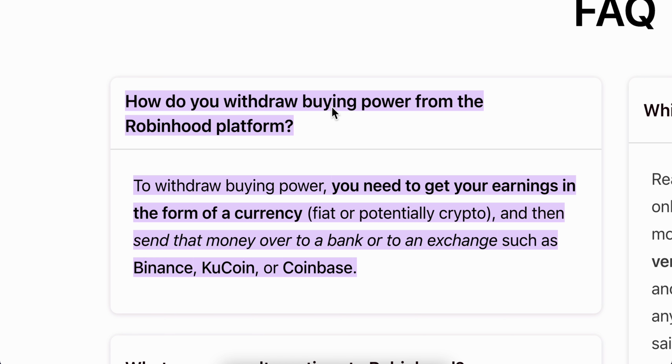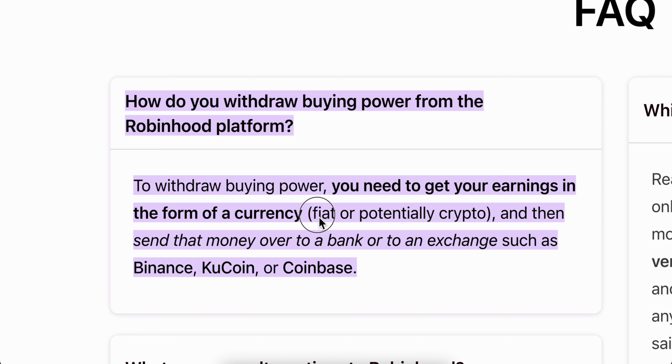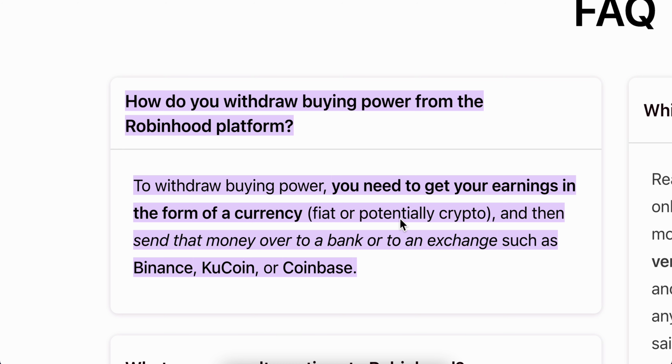How to transfer buying power from Robinhood to bank. So basically, what you're going to have to do in order to withdraw buying power from the Robinhood platform. As you can see, to withdraw buying power, you need to get your earnings in the form of a currency, fiat or potentially crypto, and then send the money over to a bank or to an exchange such as Binance, KuCoin or Coinbase. So you're going to have to sell your assets in your Robinhood account, and then